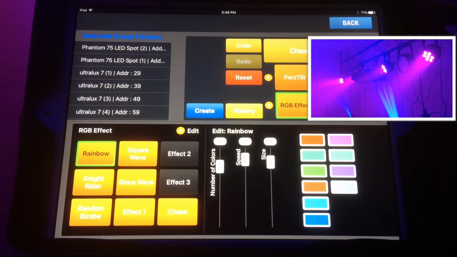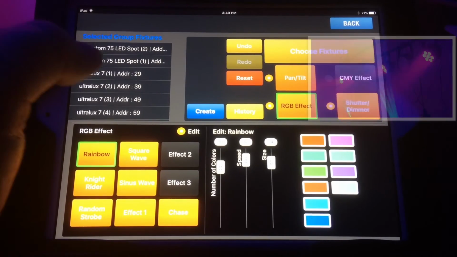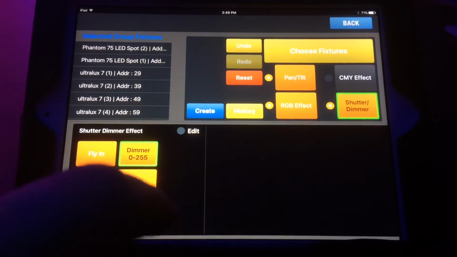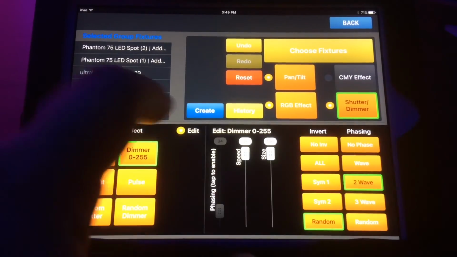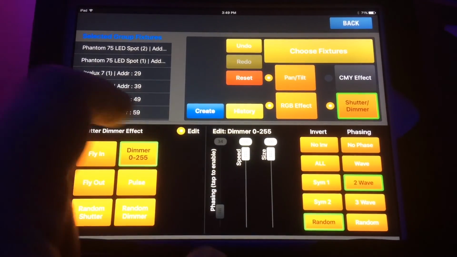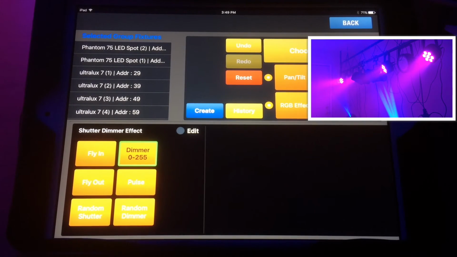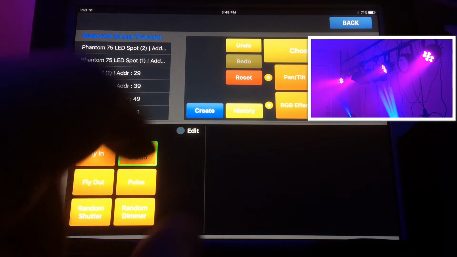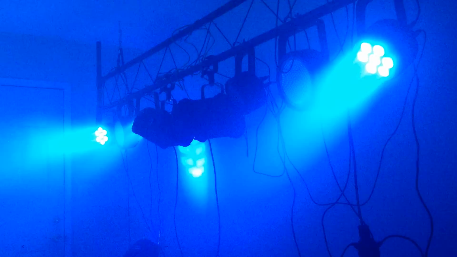And there you go. So now that I have that effect built, I'm going to go ahead and do one more effect. And I like my dimmer effect that I created. So now I technically have a pan and tilt, an RGB effect, and a dimmer shutter effect going. So if I hit create,